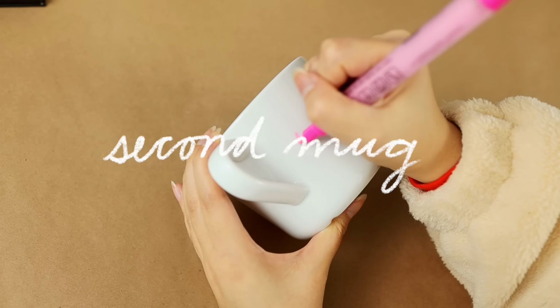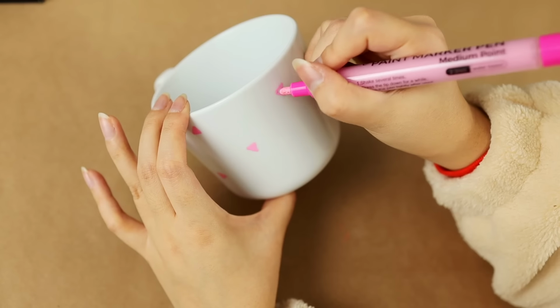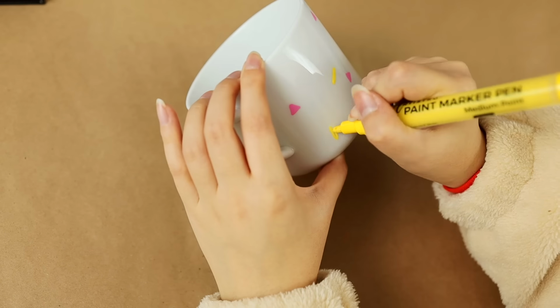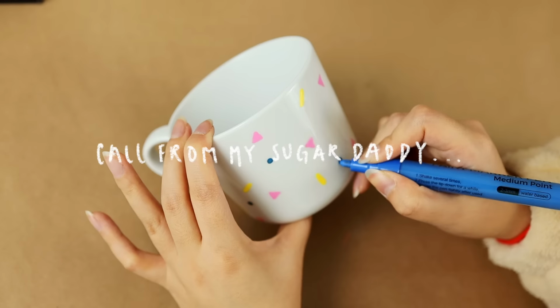Okay, because I loved that design so much, I wanted to do another retro looking one, so I took my pink pen and I'm drawing a bunch of little triangles all over, then adding my little yellow sprinkles, and then some...